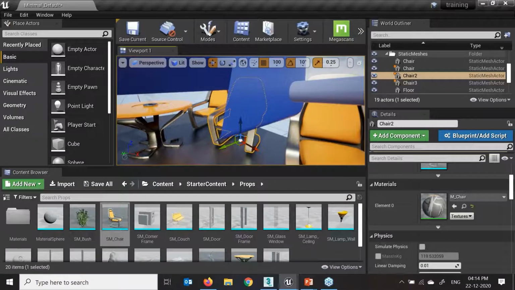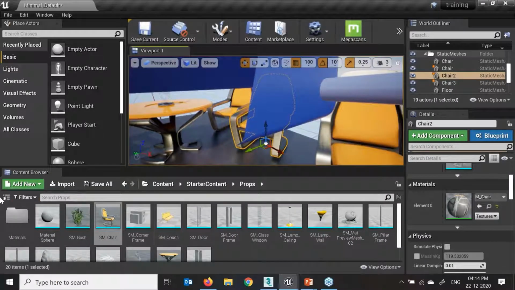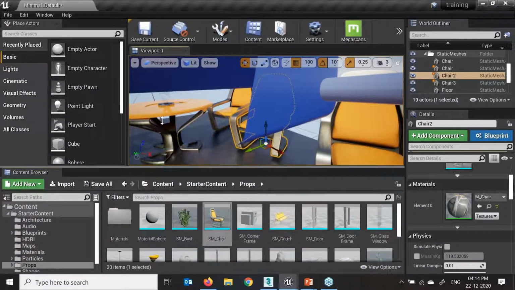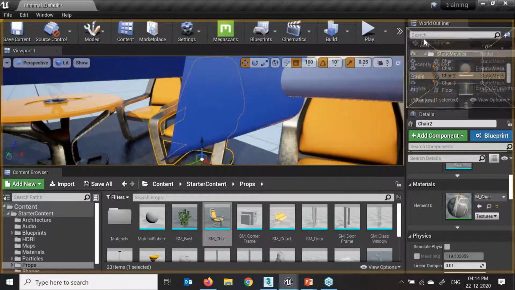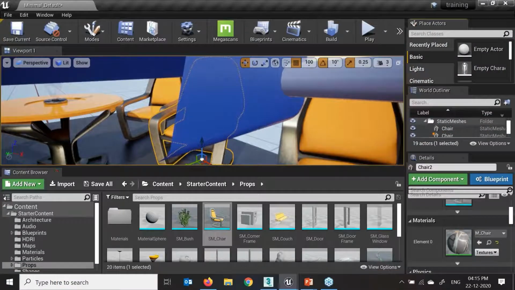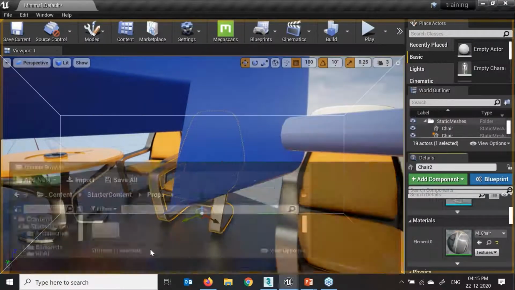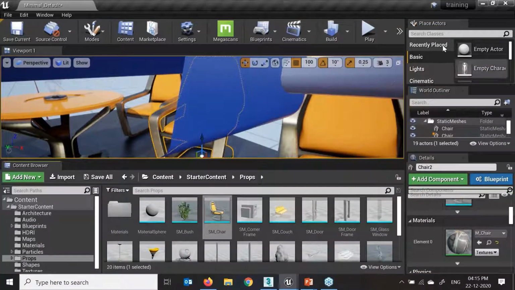Now we'll talk something about the content browser. Now what is the content browser? If I click this options over here, it is coming to the thumbnail and this is coming into the list. I just maximize my view. I can easily place wherever I require my view. I can do those modifications also. My content browser also has to come over here, or I'll just drag it over here.